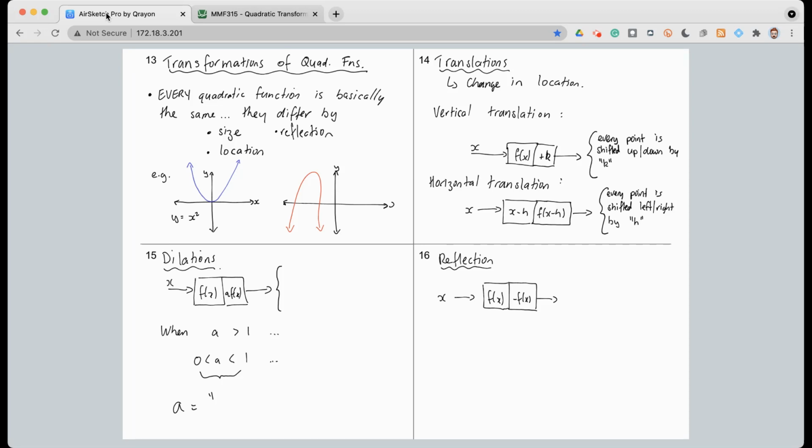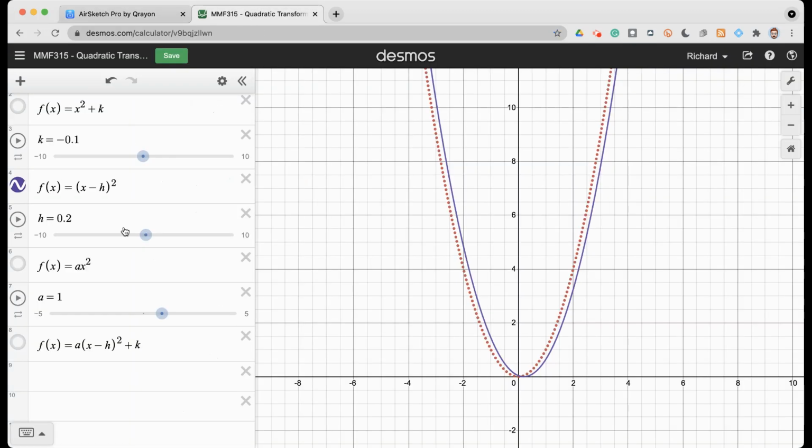Okay, the next thing to look at is dilations. Now, dilations, if I can just put this back to bed, there we go. So we'll look at dilations in all their glory. That's when we multiply f of x by a value. So let's see what happens. What do you think will happen if I increase a up here? What's going to happen to the graph? Feel free to explore in Desmos yourself. But as I increase a,